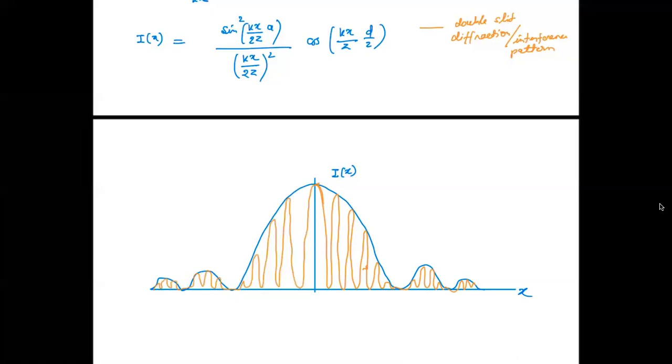If we had just a single slit, then this blue curve is the intensity pattern you would see at the xy plane, which is that distance away. But if we have the double slit, with slit width being a and the separation between the slits being d, then this yellow curve is the intensity pattern that we would see. You see that in this yellow curve, the envelope is still defined by this blue curve. So this is the diffraction, or interference, pattern due to the double slit.